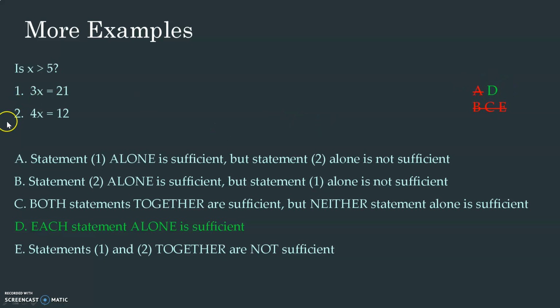Since statement 2 has also answered the question, A is ruled out, you will be left with option D. That is, each statement alone is sufficient. So simple example, but an important underlying concept that a yes or a no are equally good answers. It must be definite without any maybe.